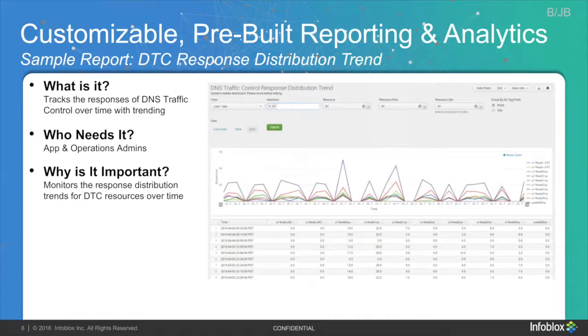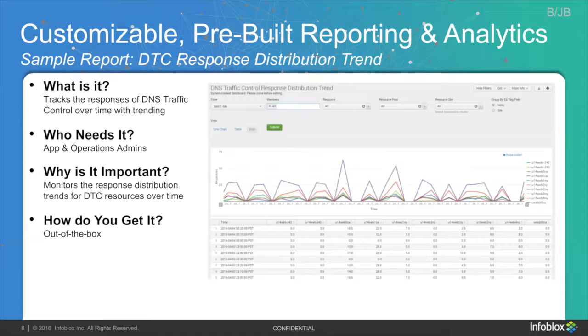Yeah, sure, thanks, Scott. As far as reporting goes, I'm not going to go into detail on this particular report. It's a little bit difficult to see. It's a bit blurry. But the idea behind our reporting in general is that we have a wonderful reporting solution that, when integrated with the grid, can provide all kinds of information, whether it's trend analysis reports, specific reports on individual DNS servers, or in this case, specific to DTC. So this particular report is going to show us how the DTC response